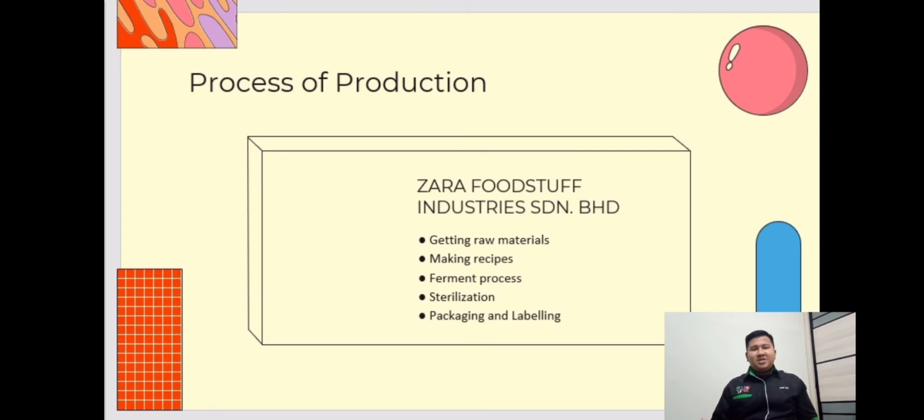By the way, fermentation is a chemical process by which molecules such as glucose break down, something related to science. Also, sterilization can be referred to as any process that removes, kills, or deactivates all forms of life, in particular microorganisms such as fungi, bacteria, and many more.